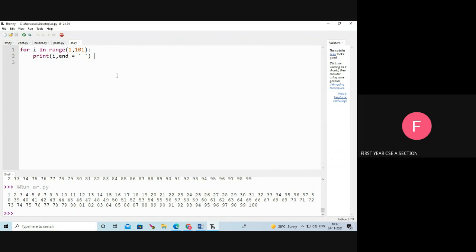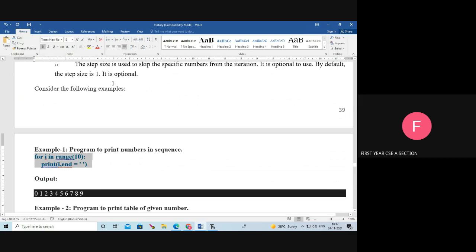For example, print of 1, print of 2, print of 3, print of 4, up to 100 times we would be typing. Instead of that, using the for loop it is very easy to type the program. Can you understand why we are going for the loop?